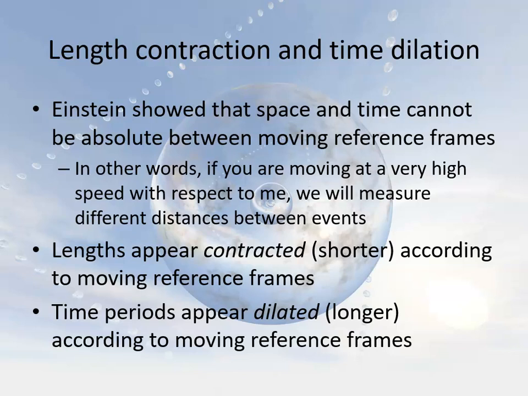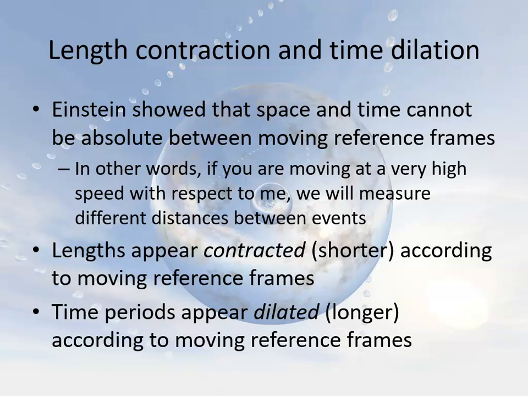And one of the arguments even before Einstein had made these realizations was, well, wait a second, consider two stars that are very far away moving around each other. If the speed of light changed from one reference frame to the other, then the star that's coming toward us would come toward us with faster light, and that light would end up passing the light that it had previously emitted when it was going away from us, since they're orbiting around each other. And the stars would appear to kind of chaotically shift back and forth in the sky. And that does not happen. The shiftings in the sky are quite smooth and easily tracked.